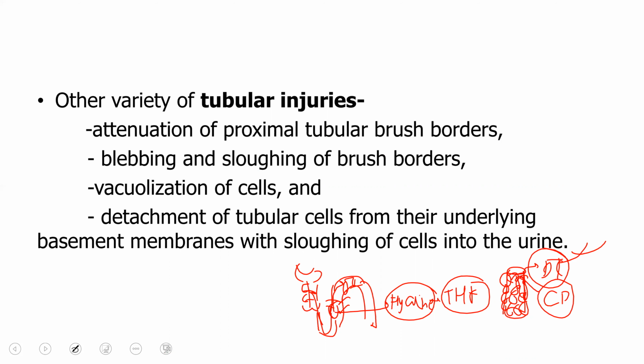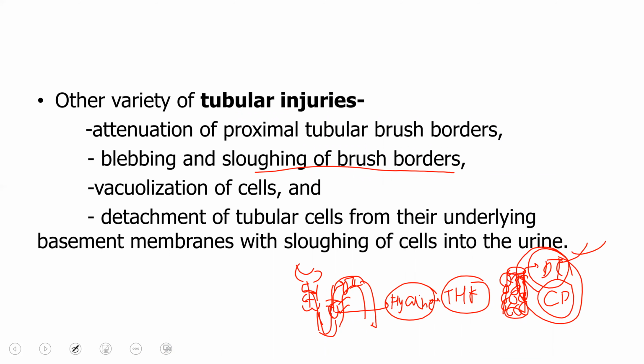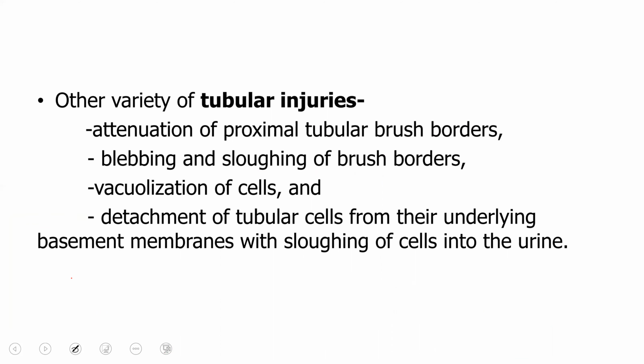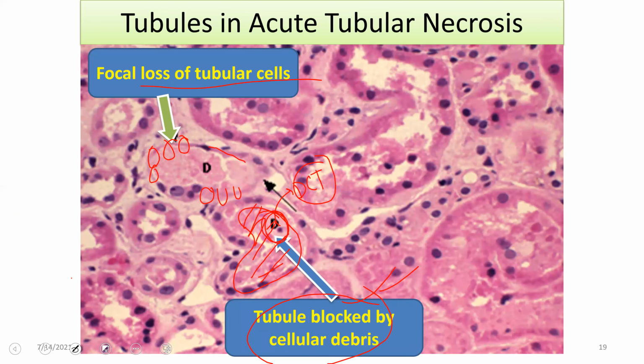Hence, we can see that there will be sloughing, and we can appreciate the presence of not hyaline cast, but the dirty brown granular cast, especially in the distal tubule and especially in the collecting duct. So this is why we appreciate the dirty brown granular cast in the distal tubule and not in the early